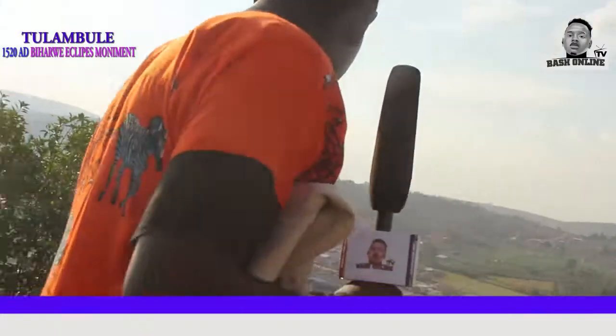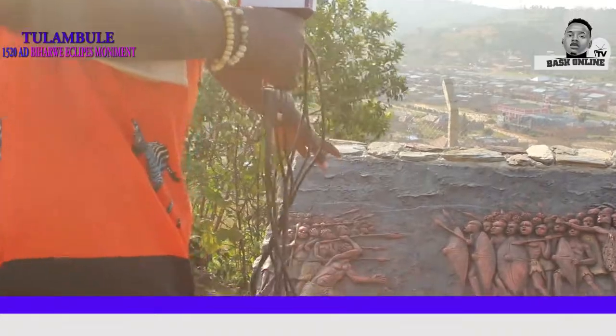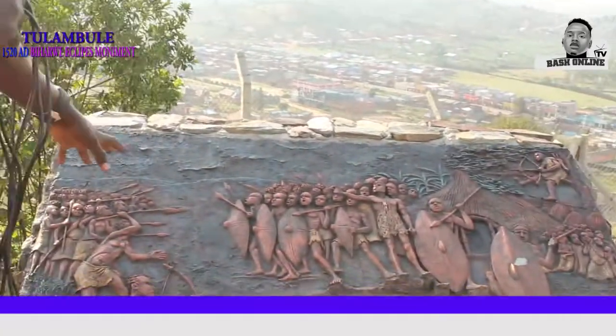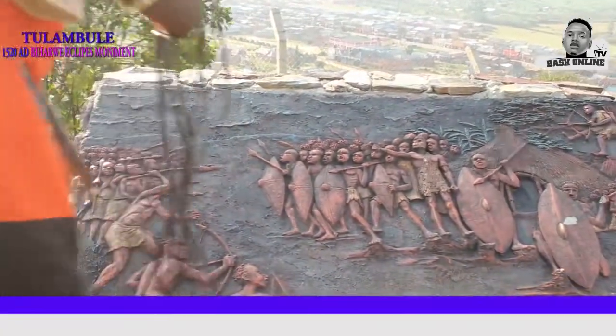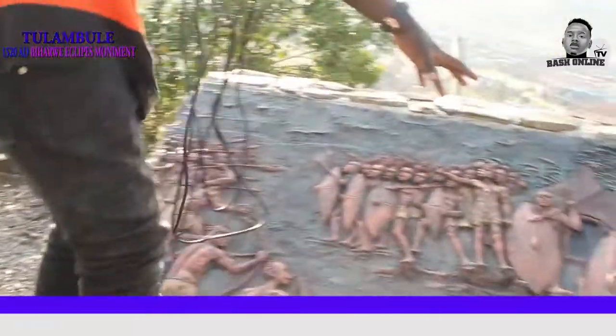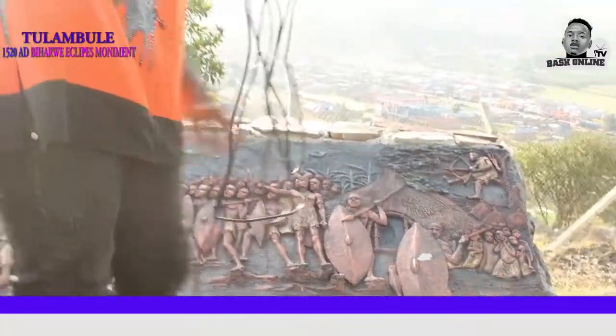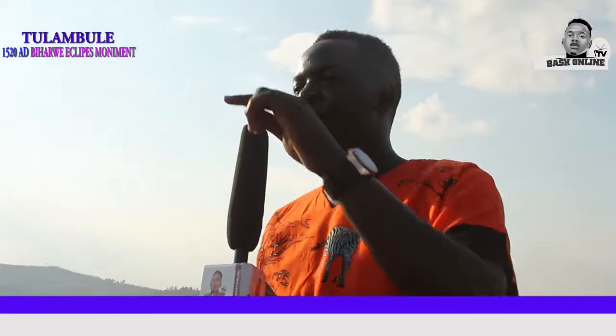So as you can see here, this is where the Kabaka of Buganda, Sekabaka Nakibinge, went to fight. The Bunyoro, as you can see here, are fighting. As you can see, the people are fighting, but they were defeated in that war in 1520 AD. That's when it happened. By that time, Nkole's king was called Nyabugarobwera. These cows that they got from the people of Bunyoro, they called them Endugamwiguru,